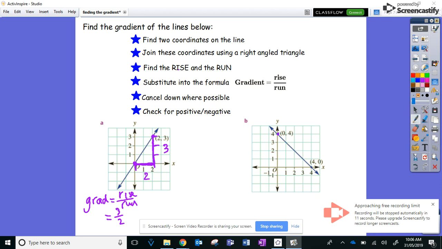This one, let's follow the steps. 2 points we know we go through. Join it up with a triangle. My rise is 4, my run is 4. So my gradient is